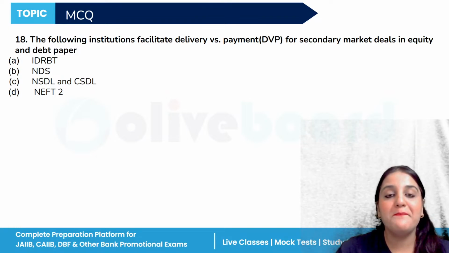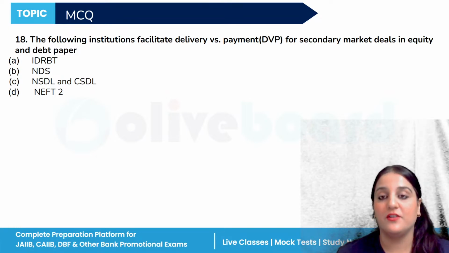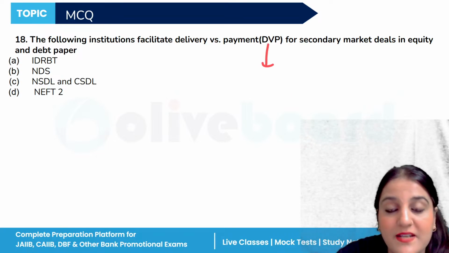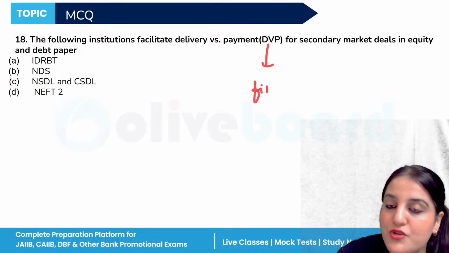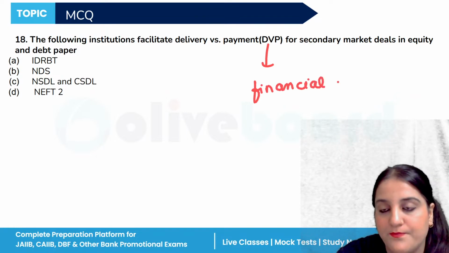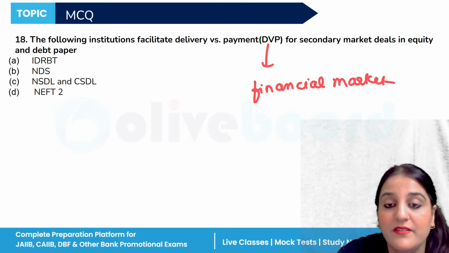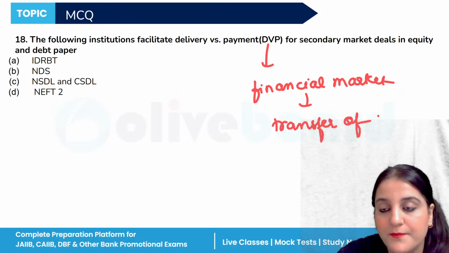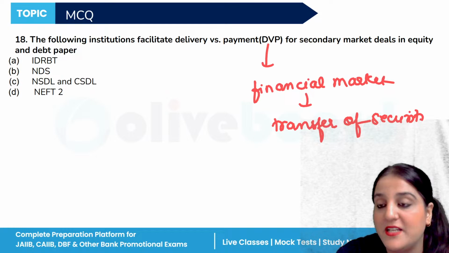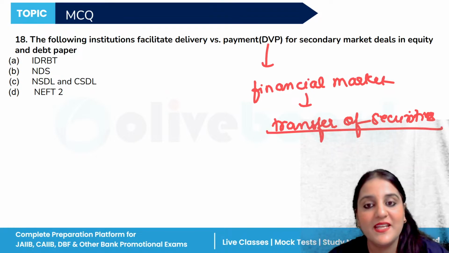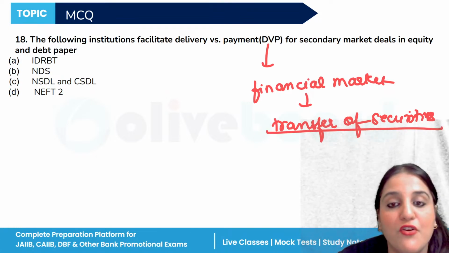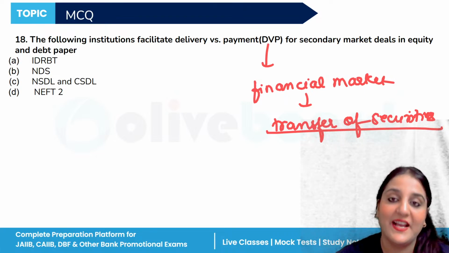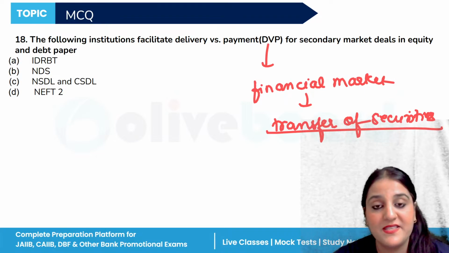See, the following institution facilitate delivery versus payment, that is DVP. This is delivery versus payment. It is a settlement mechanism which is used by the financial markets, and in this it is ensuring that the transfer of securities, which is equity and the debt paper, occurs simultaneously with the transfer of funds. This also minimizes the risk of default by either party, and these are basically done by the